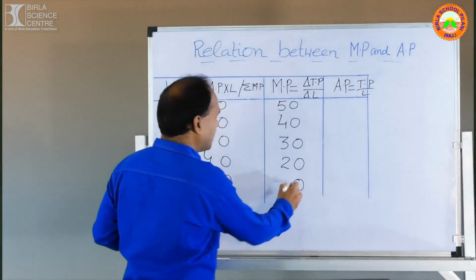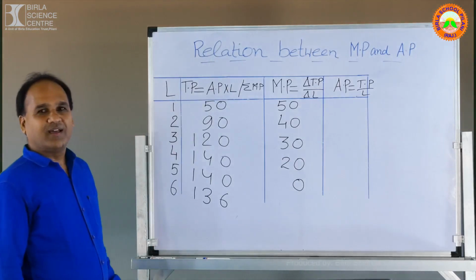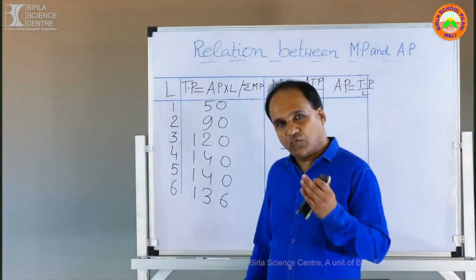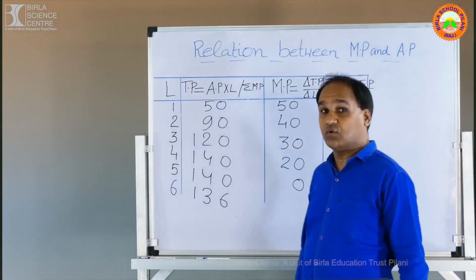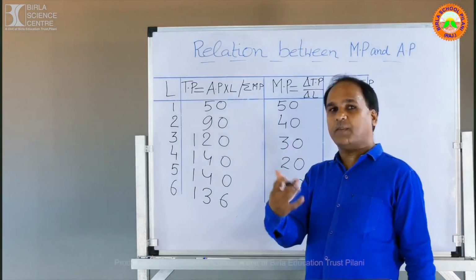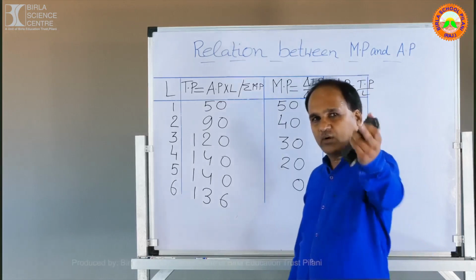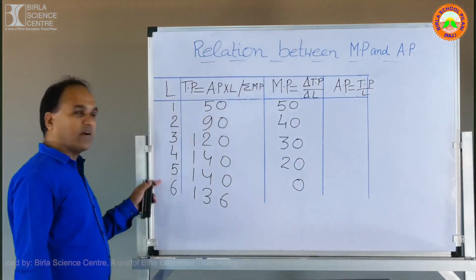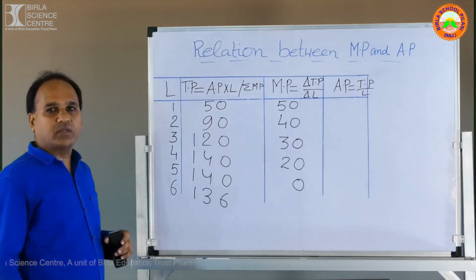Look, 0 has come. Fun, isn't it? I already told you, you have to get a value of 0. You will automatically get a value of 0. This is how we prepared the table. For whom? For you, the students. Again, 6 labor. Previously 5. 6 minus 5. Again, one more unit of labor.